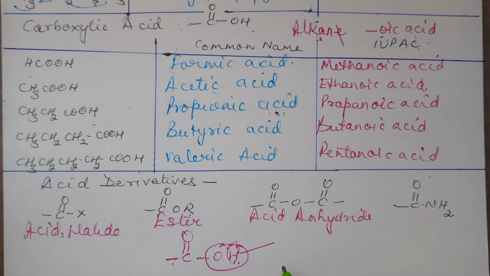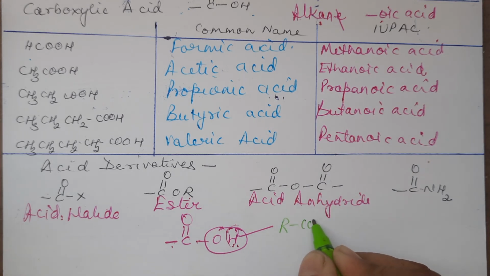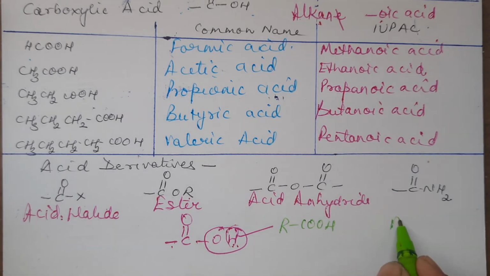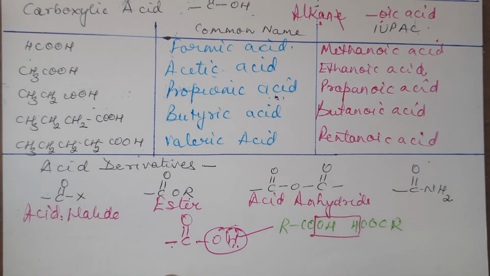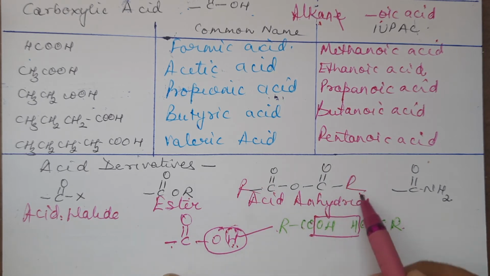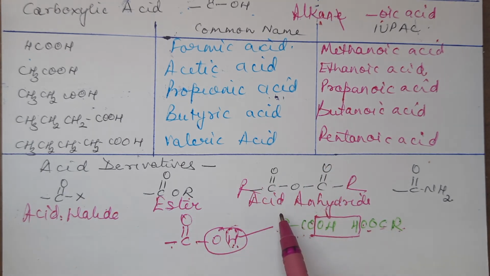How do we remove water from two acids? If I draw the structure and explain, say I have RCOOH, one acid molecule, and I also have one more RCOOH. If I remove water from here, what am I left with? RCOOCOR. So it is ultimately the same thing if I put R here and R here, CO and R. It is acid anhydride. It is the anhydride of acid. Anhydride of acid means the compound that is formed by removing water from two acid molecules.